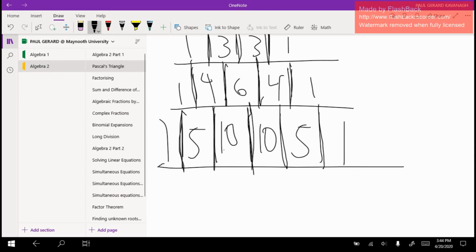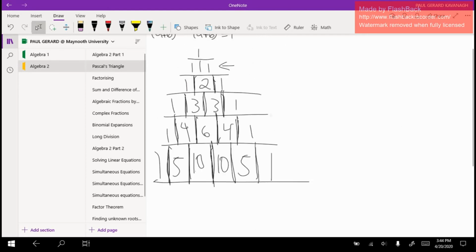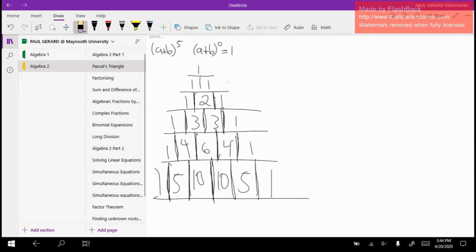So these represent the different rows, and as I said before, the powers will start from 0, and as you go down the triangle, the power will increase by 1. So you start off with (a+b)^0, (a+b)^1, (a+b)^2, (a+b)^3, and so on. So now how we look at that is,